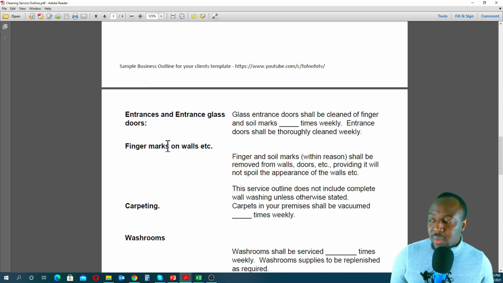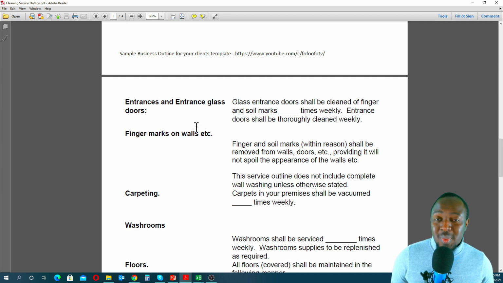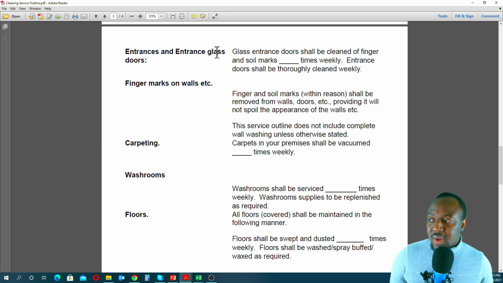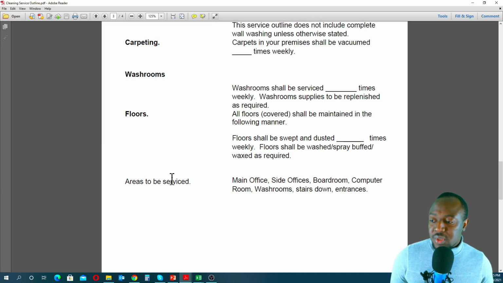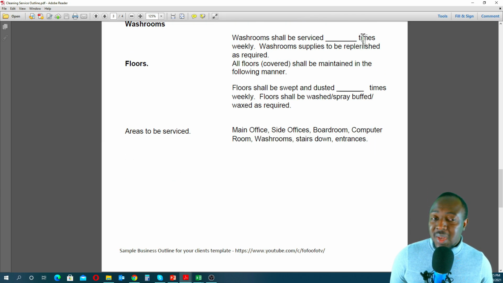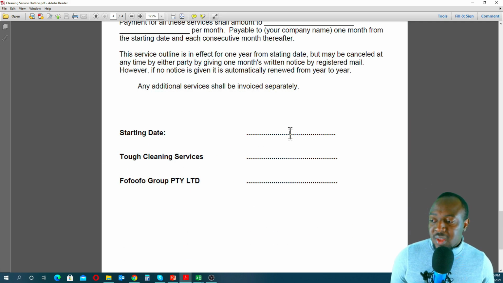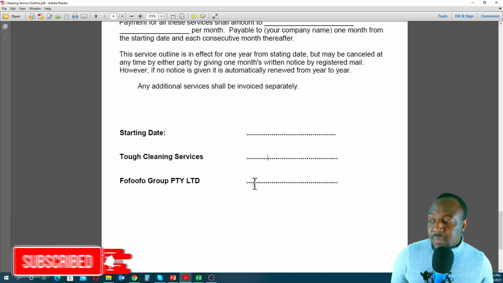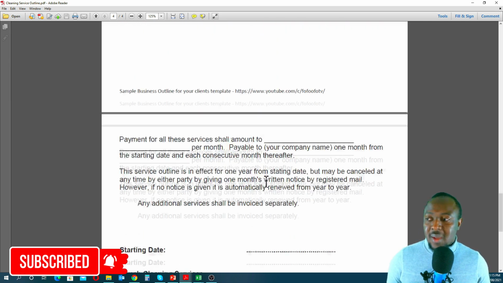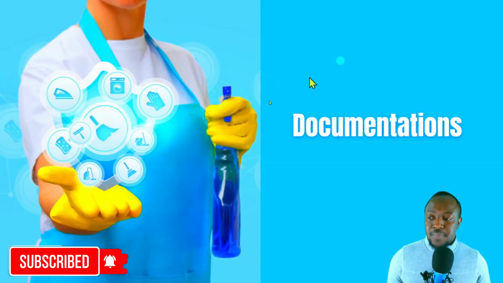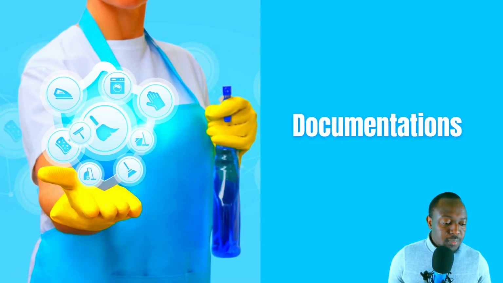entrance door. So I'm basically going through what we'll be cleaning, the sort of tasks we'll be doing for them. Yeah, so entrance, glass doors, finger marks on walls, carpeting, washrooms, floors. Then I tell them how many times we'll be cleaning per week or per day. Once we finish, the starting date, I'm going to start maybe on the 1st of October or September. Then I sign here, they sign here, then we basically get started. Yeah, so that's it. Now let's go to